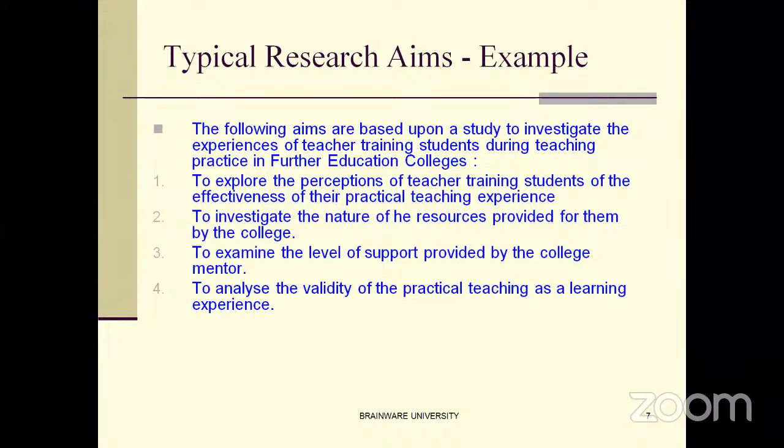Some research aims are put here as an example, in relation to investigating the experience of teacher training students during teaching practice in a teacher training college. These are the research objectives: to explore the perceptions of teacher training students of the effectiveness of their practical